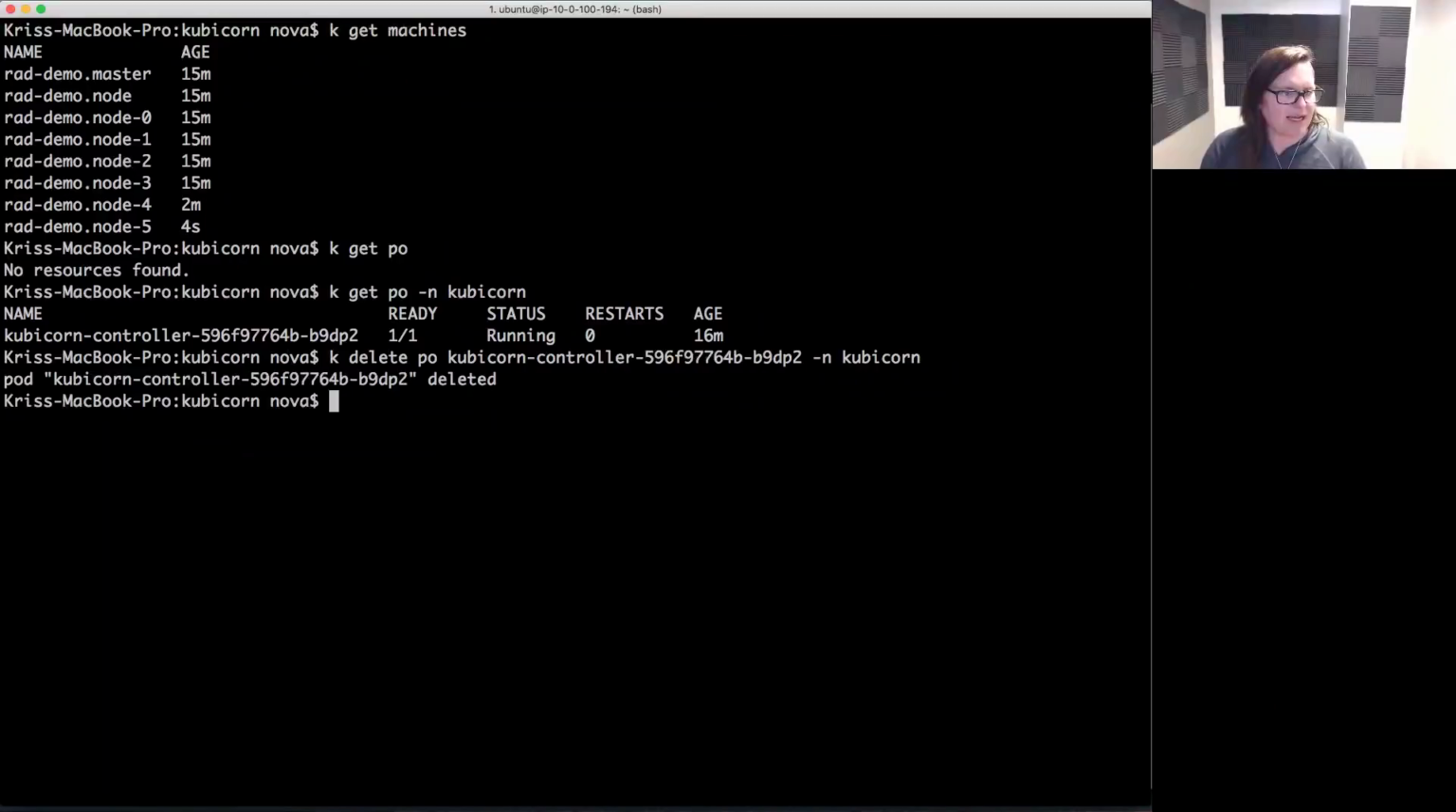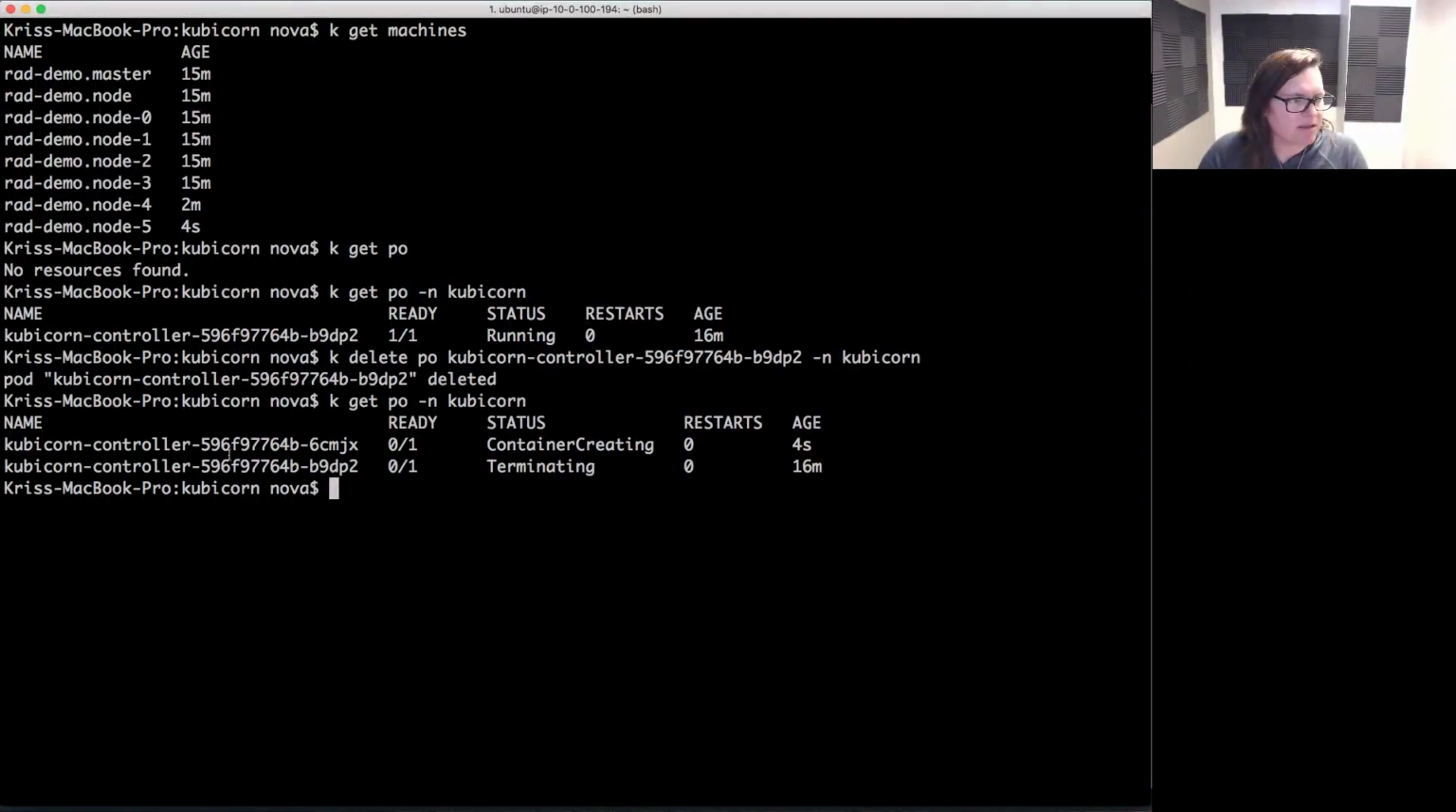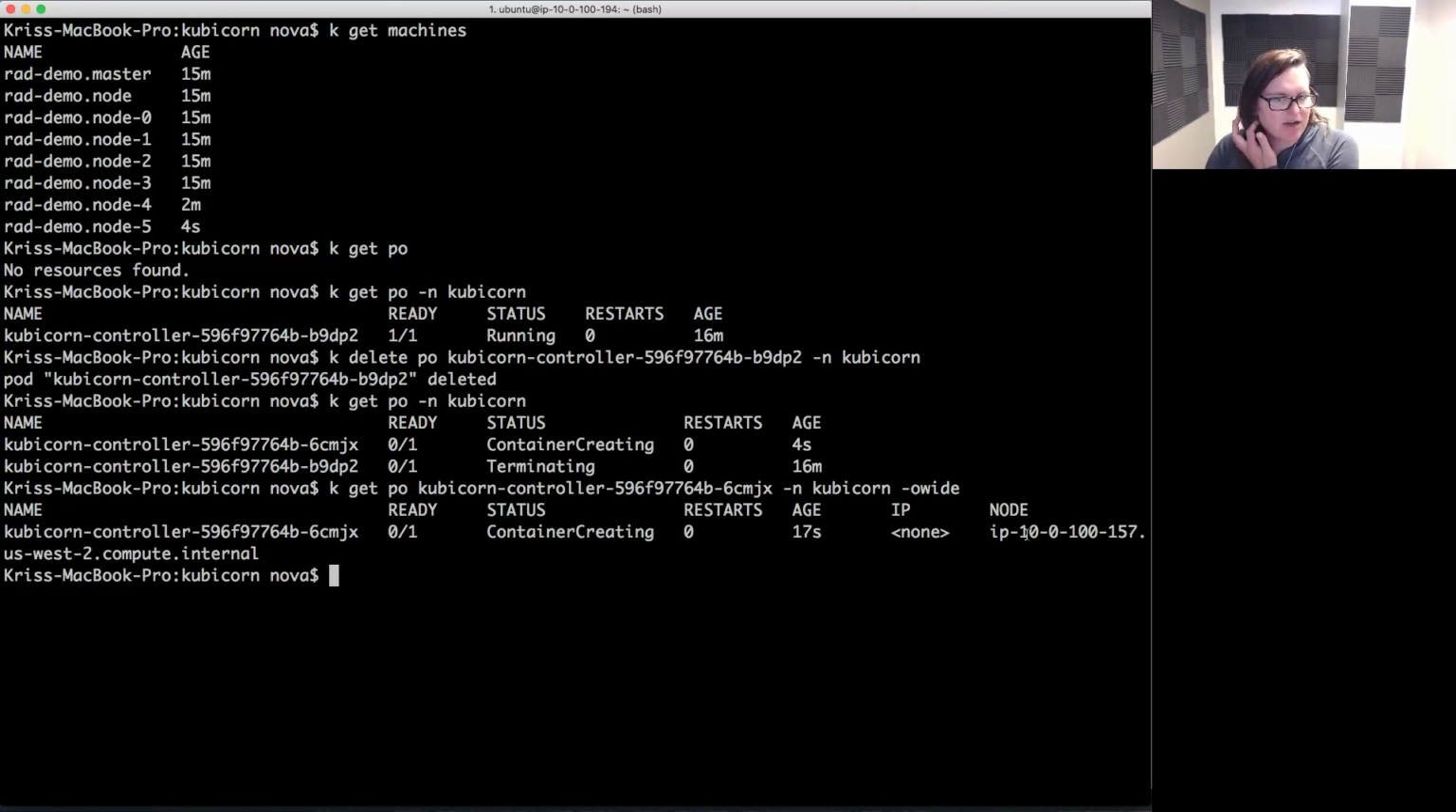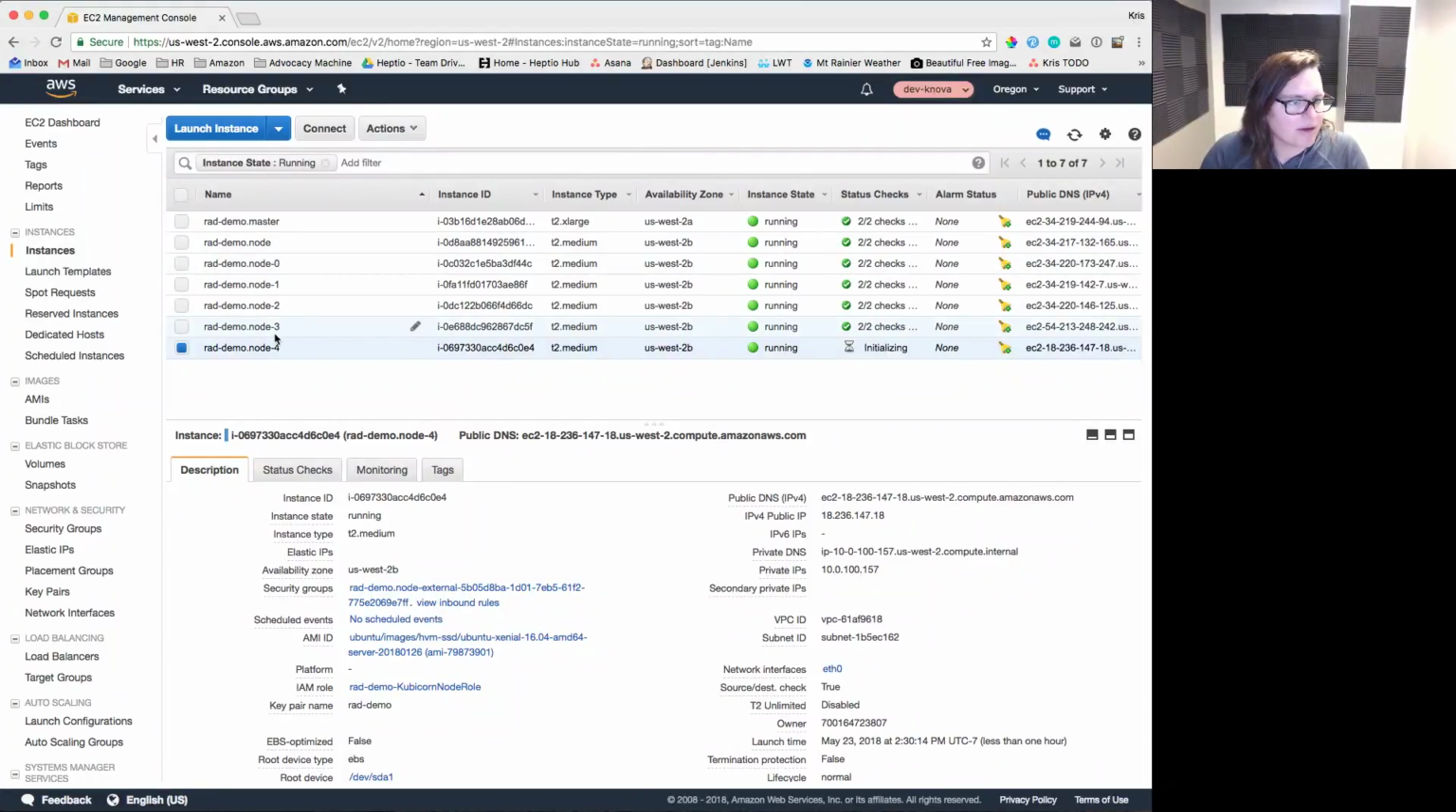The scheduler, by design, will reschedule this pod on a different node. So if we do get pods in the kubicorn namespace, wide, we can actually see that it's now coming up on this node here, 100.157. So I bet if we look over here on the right in this